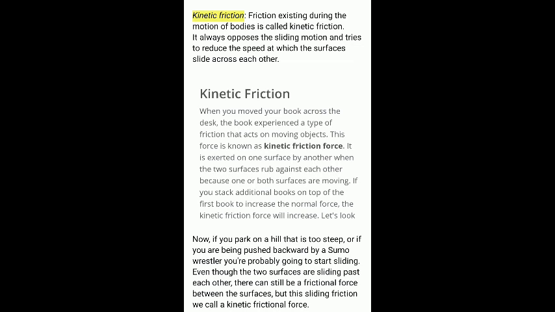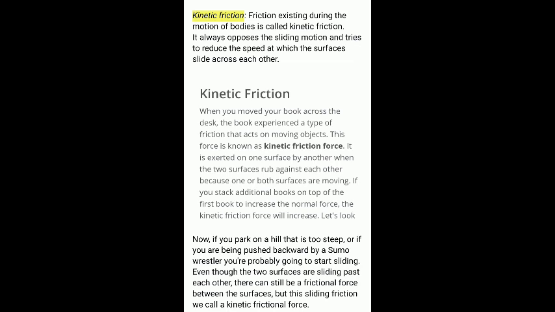And we have seen an example before, where we try to push the book across the desk, and initially the force acts and that motion is opposed by the friction. We have seen this by an illustration. The force that acts there is frictional force, and the type of frictional force is kinetic frictional force.